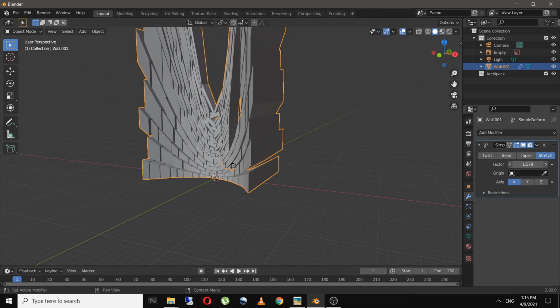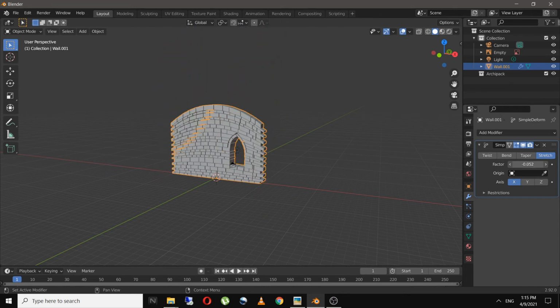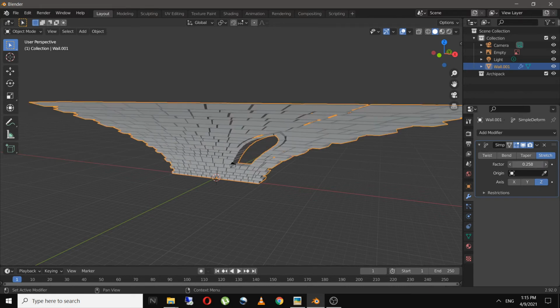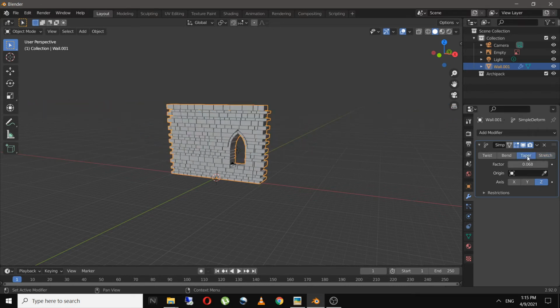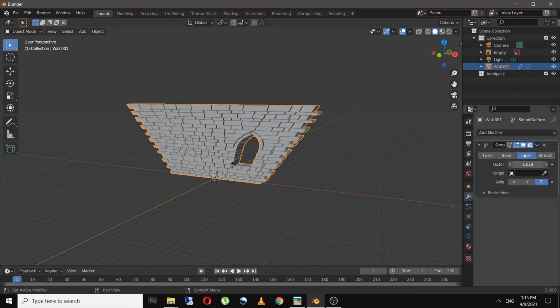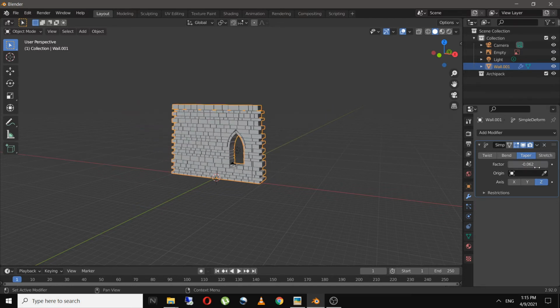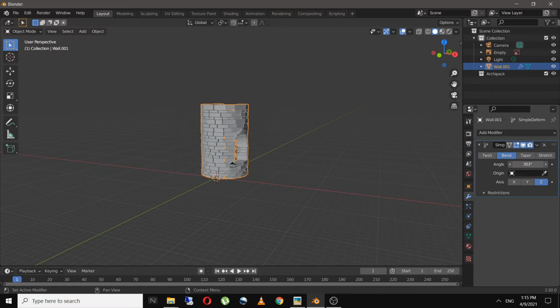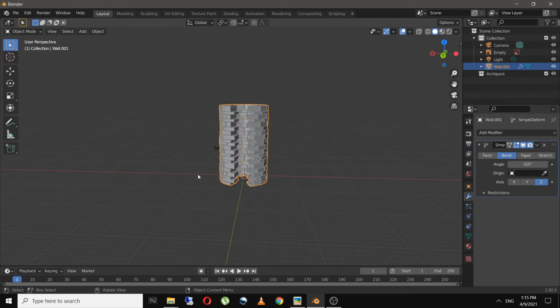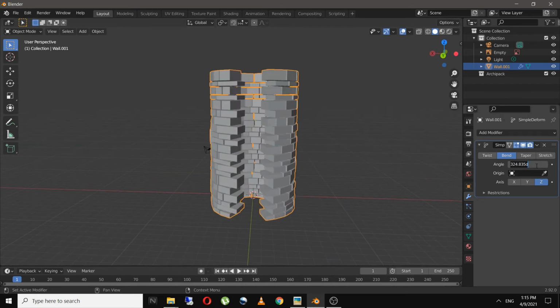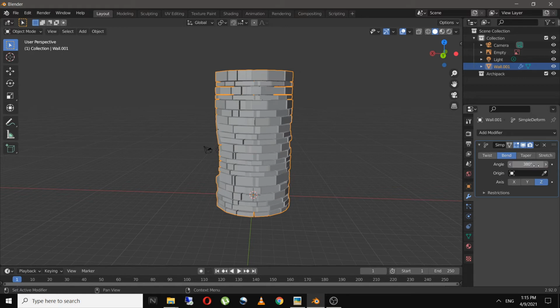You can also play with the stretch and increase and decrease the factor. Similarly with the taper, as you can see, this will transform it into a trapezium. And the bend will bend your mesh like this. If you select around 380 degrees, it will join the mesh, maybe 370 degrees.